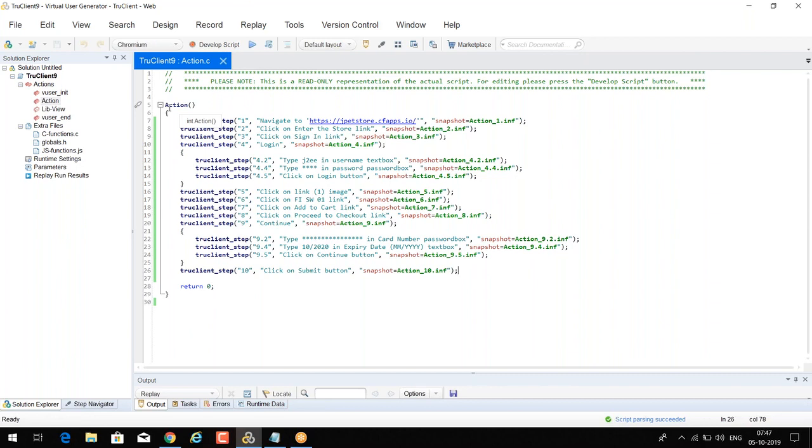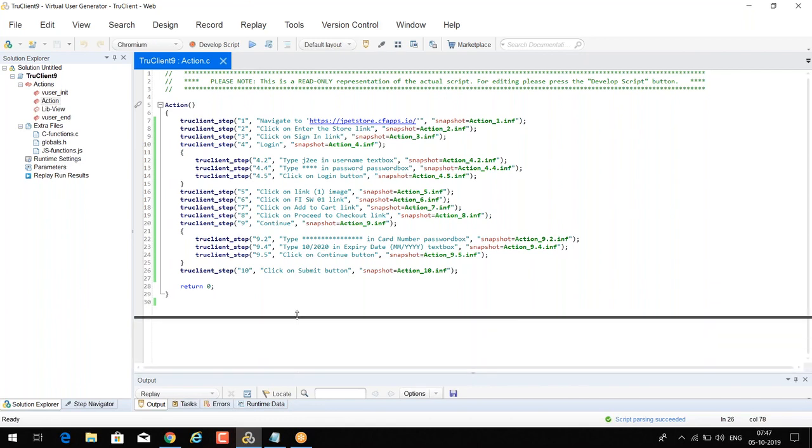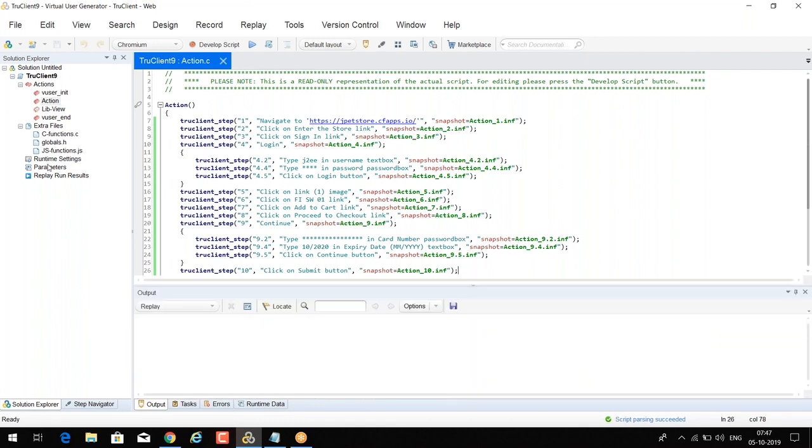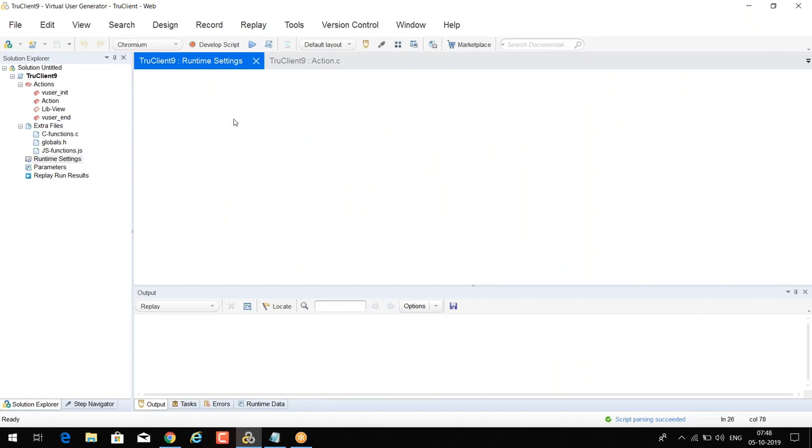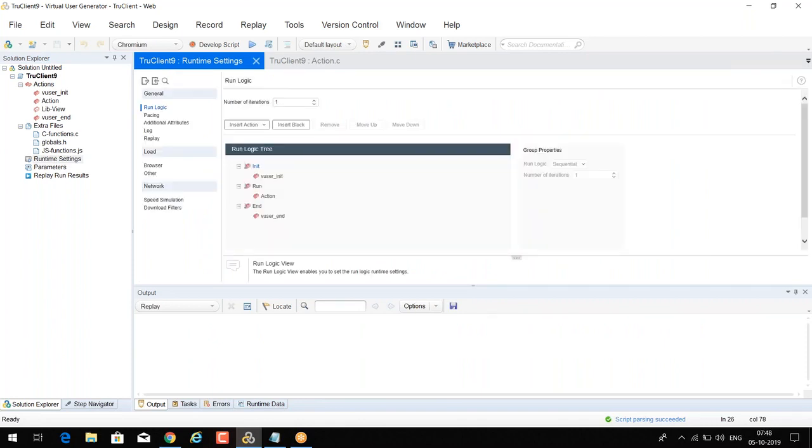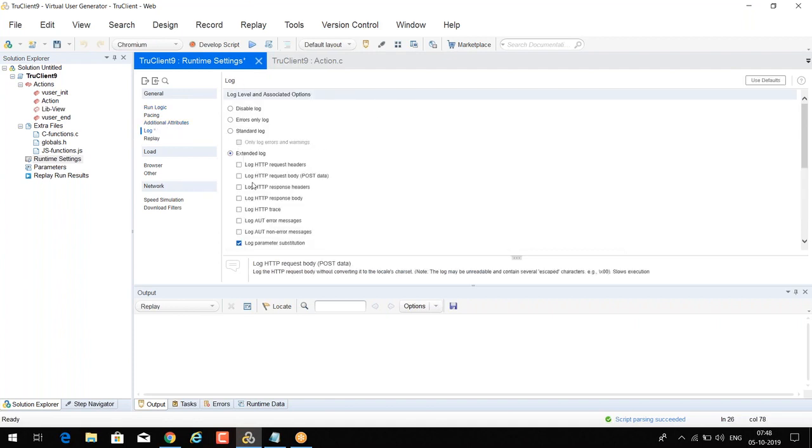If you want to do anything, you have to open the develop script, make the modification over there, then you can switch back to the vision mode. From here also we can replay. Here the runtime settings are a little bit different from the web protocols. We will also describe the runtime settings later on. Now we can replay here.